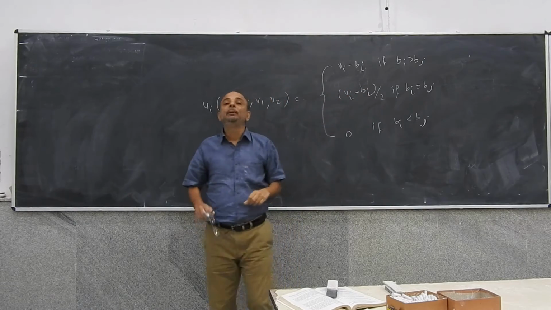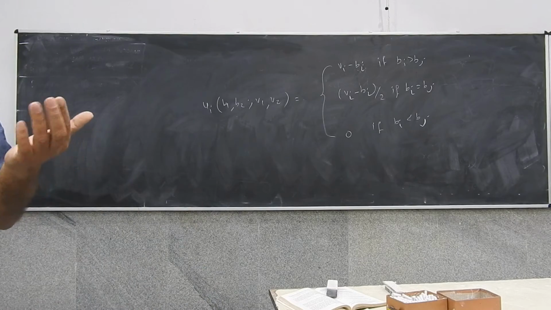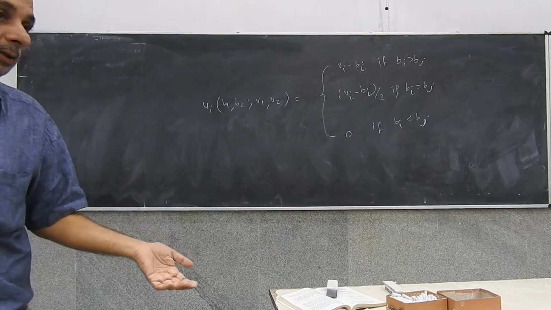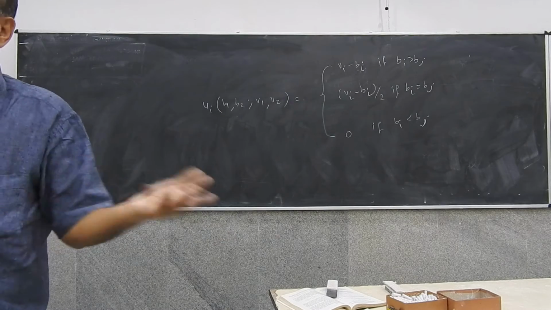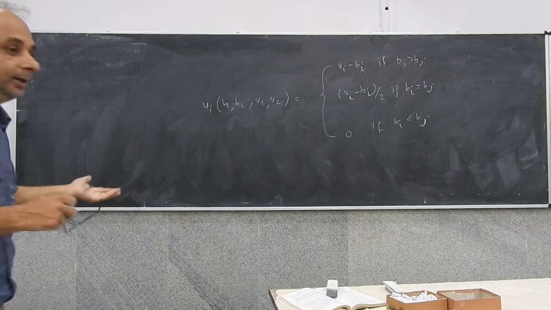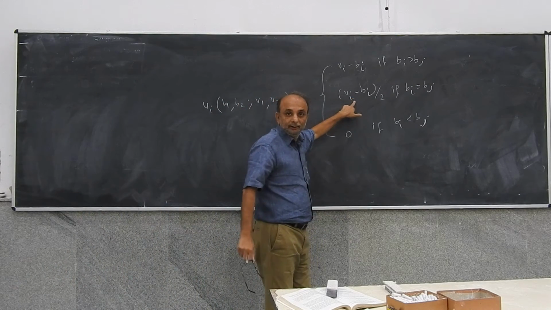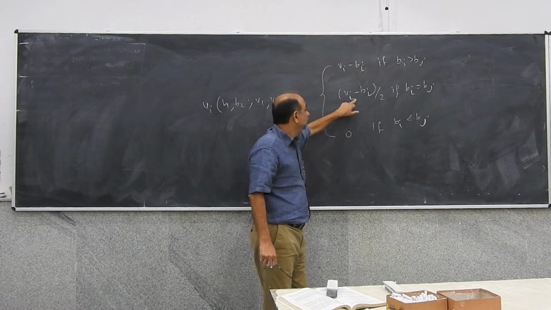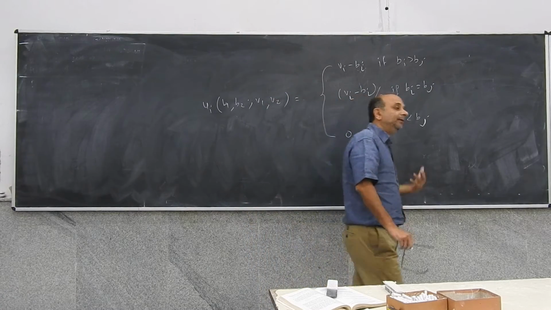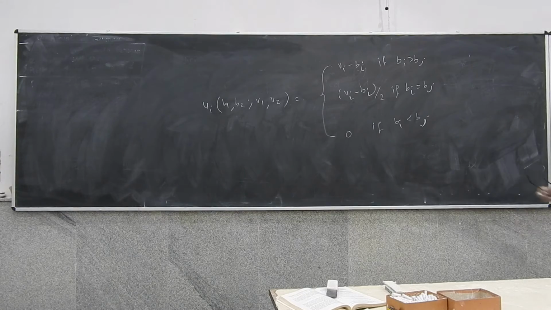Assuming that both the players put the same bid, they need to toss a coin. And then depending on the outcome of the coin, the good is allocated. So therefore this is the expected value of that toss: (Vi minus Bi)/2, that is, 0.5 times (Vi minus Bi). And if the ith player's bid is less than the bid of the jth player, then you don't get anything, right? Okay. Now,